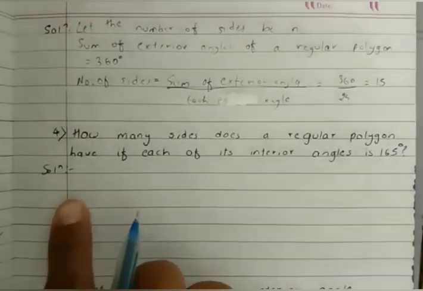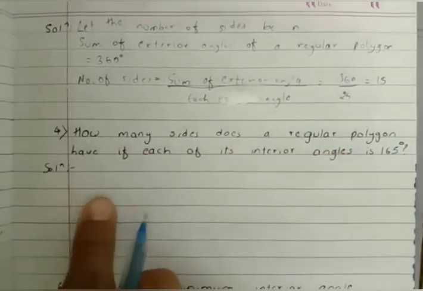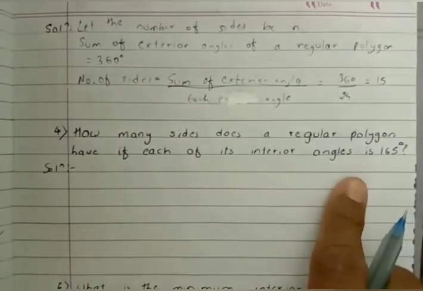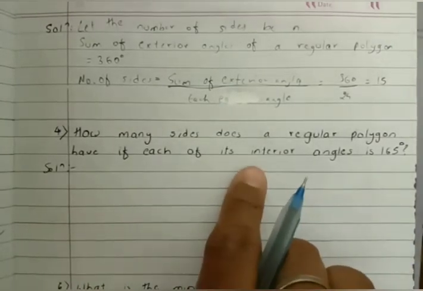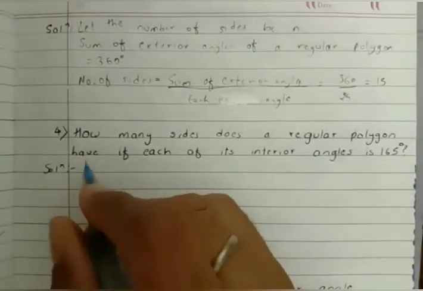Now let's solve question number 4. How many sides does a regular polygon have if each of its interior angles is 165 degrees? Now here interior angle is given. Okay, so we know that